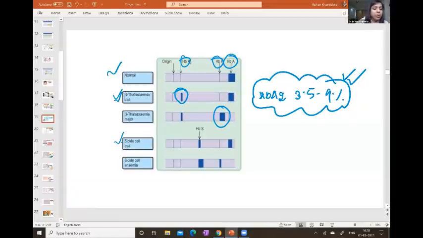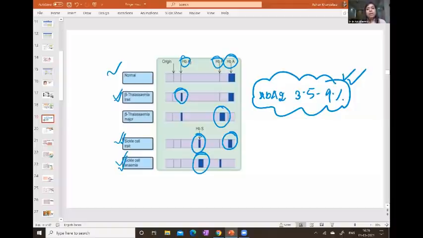If my patient has sickle cell trait, now trait means that my patient will have adult hemoglobin and sickle cell hemoglobin also. Both the hemoglobins are there. So this patient will have adult hemoglobin, and also another band in the S region, the sickle cell region. So that's HbS, correct? Whereas if my patient has sickle cell anemia, there will be an extremely thick band in the sickle cell region because more than 90% is sickle cell hemoglobin, right?